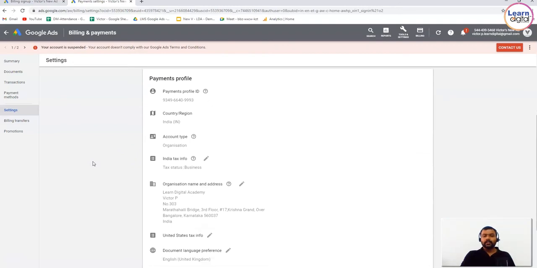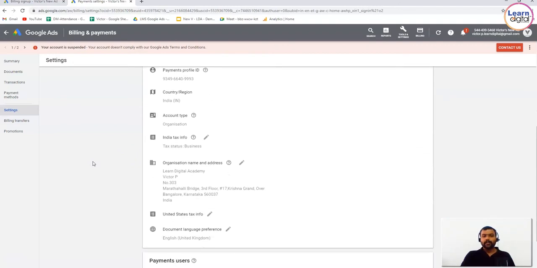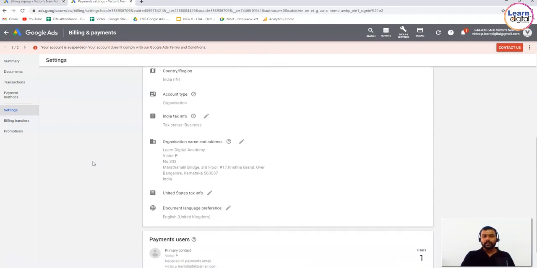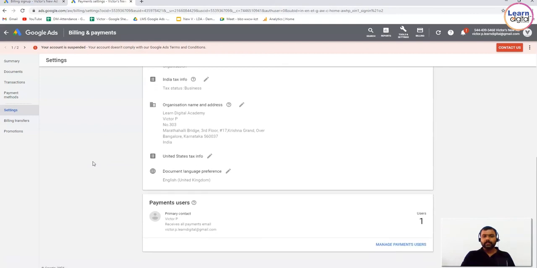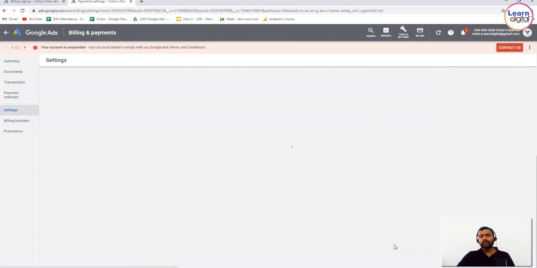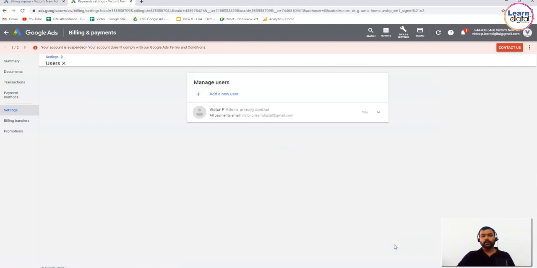If you scroll down, you'll have the payment profile, your profile ID, your country, your tax information, your business information, and all the other options which you have set. Now can you see manage payment users? Suppose you are the owner and you have an accountant in your organization who makes the payment. You can click on this manage payment option and give him authority.